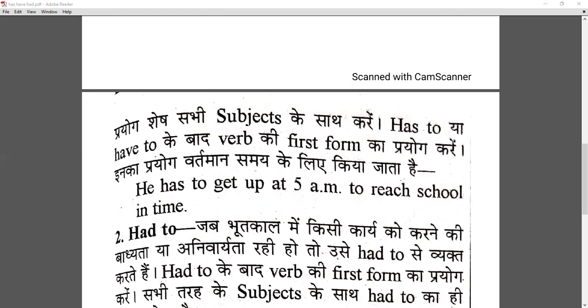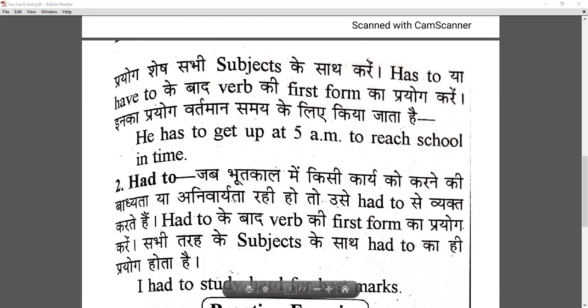So I hope you understand it well. Now just go through this topic and try to solve some exercises, and if there are any doubts I'm here. You can ask me anytime, and together we are going to solve the doubts and make the topic perfect for you. Okay, so this is all.